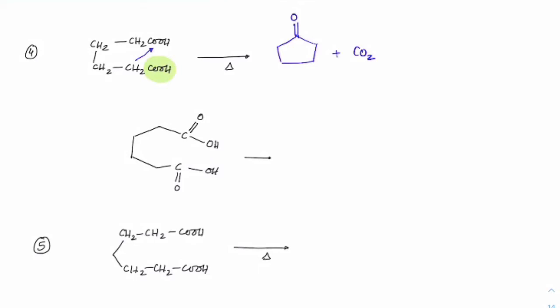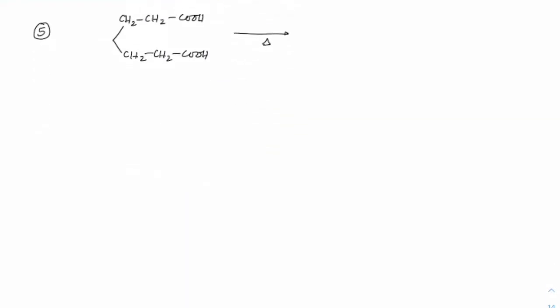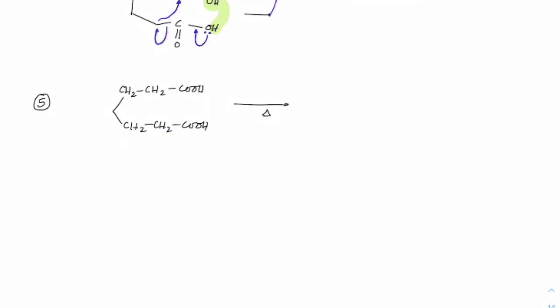Got it? So think this way, this bond makes, here, this will close here, this will become C minus, it will attack here. And this will come out as CO2, and as it attacks here, then H2O from here, so this OH and H will come out as H2O. So you can imagine this will come out as H2O and the rest of it goes as CO2, and that's how we will get this product. See the next one. Here we got a 5-membered ring. Now the same logic applies here to get the 6-membered ring.